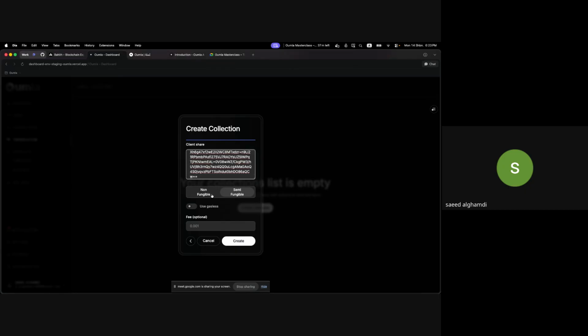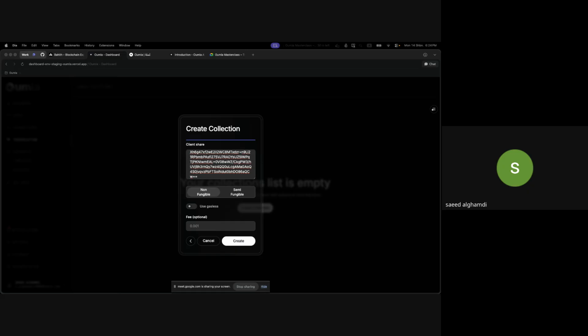Here you can select the collection type, non-fungible or semi-fungible. The semi-fungible token is more like batching a lot of amounts in a single transaction.